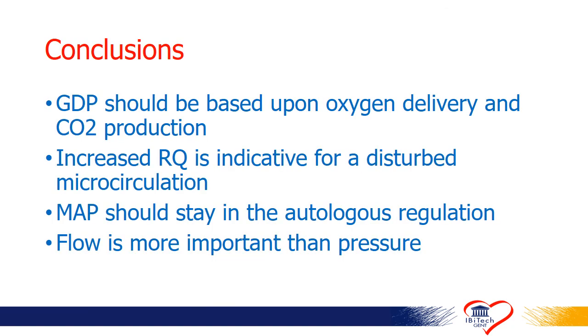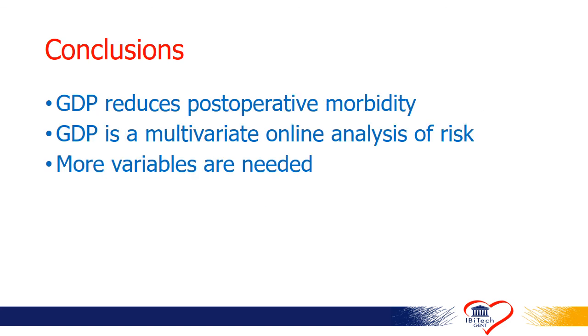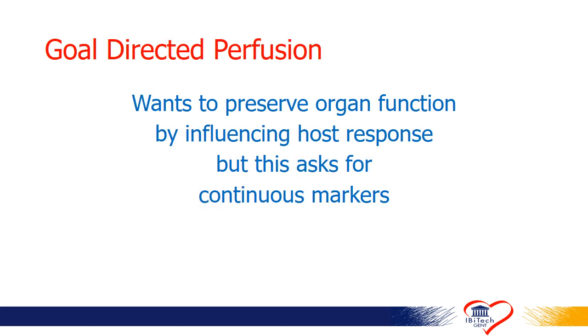GDP should be based upon oxygen delivery and carbon dioxide production, and the latter is really important to detect anaerobic metabolism. If we have an increased respiratory quotient, this is a sign of a disturbed microcirculation. We should keep the mean arterial pressure in the autoregulation region of the patient, and flow is for sure more important than pressure. GDP will reduce the post-operative morbidity. It is a multivariate online analysis of risk, but we certainly need more variables in order to make it even more robust. So, to finally say,